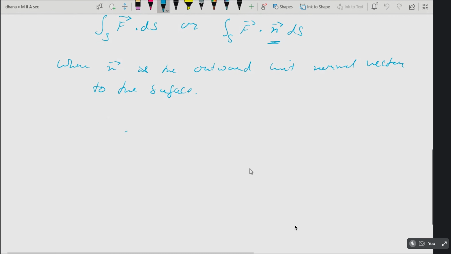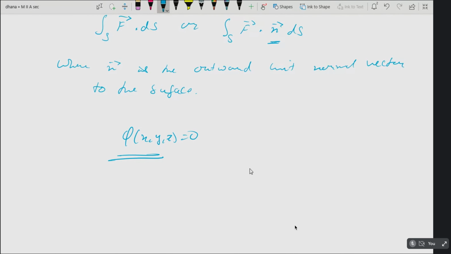If I consider a surface phi of xyz equal to 0, this is a given surface. To this surface, can you find the normal vector and then the unit normal vector? And if so, how are you going to find it? Tell me. If you give the answer, then only I will continue, because we have already done the 4th unit. I should know what you have learned. At least one of you out of 40-50 students.